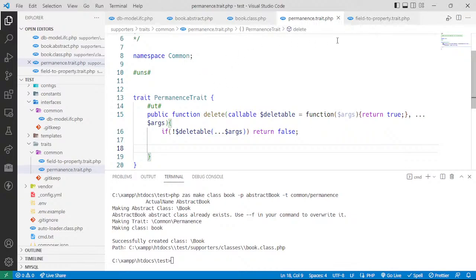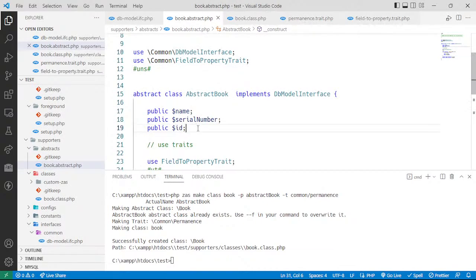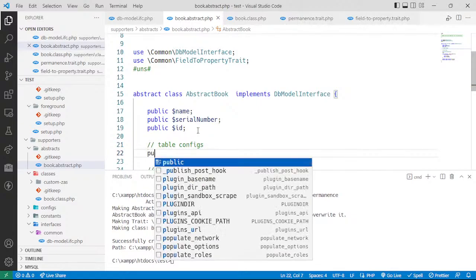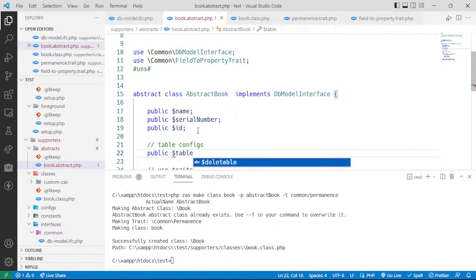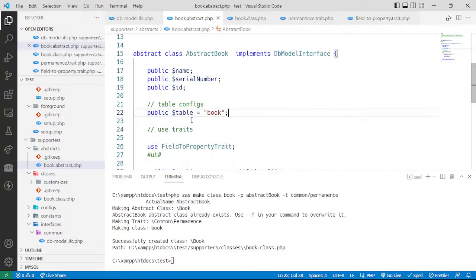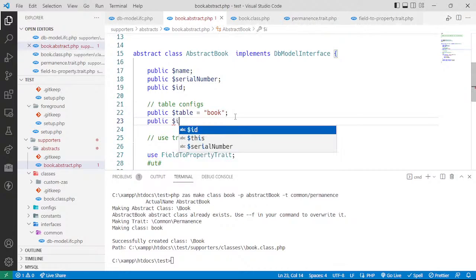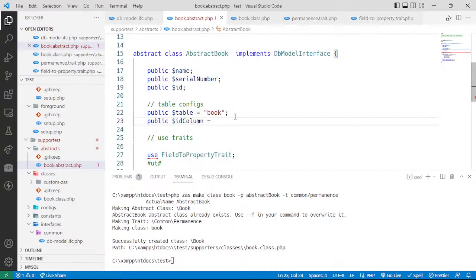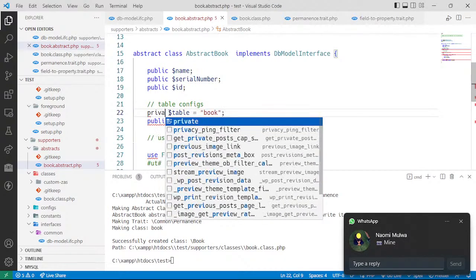Let's just go back to the book abstract class and add a few things here. We're going to call these table configs, right? In public table, we know our table will be called book. Then we can use these columns, so we can use the name of the ID. Let's say public identity ID column is equal to, now these ones should not be messed around with. So most of the time I like to keep them protected